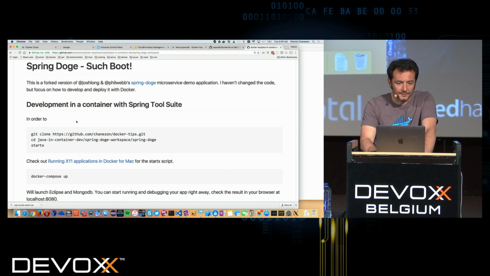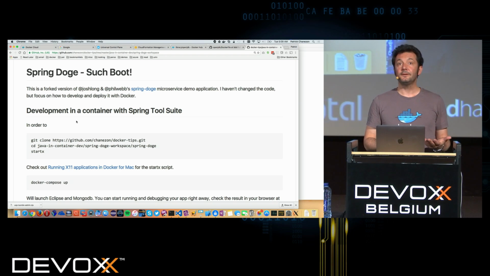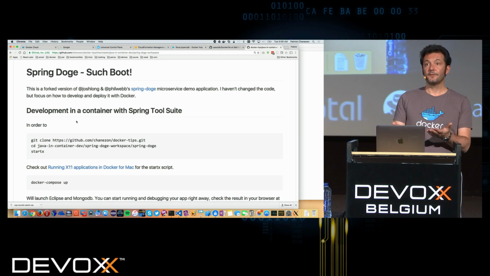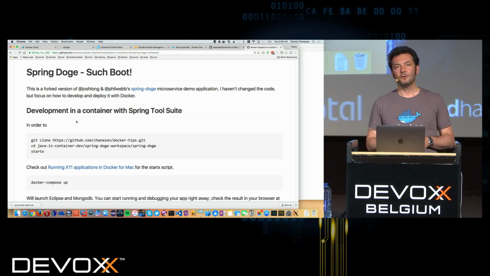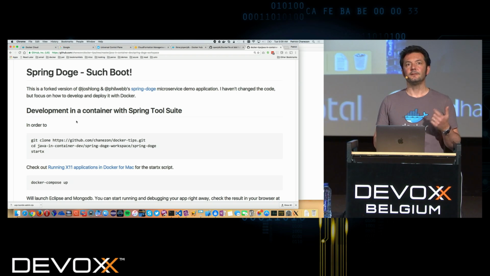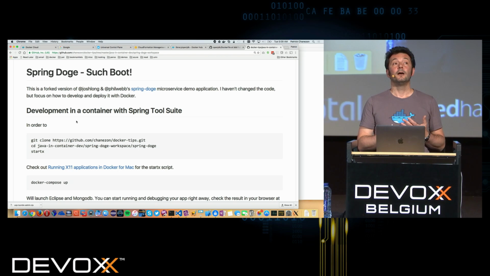There's one last aspect. In order to develop my app, I would need to install Spring Tool Suite. So if I'm a developer and I join that team, I'm going to have to read a long README that explains, oh, please install Maven, and then install Docker, install Spring Tool Suite, create your project, install Mongo, set up your debugging in Eclipse.